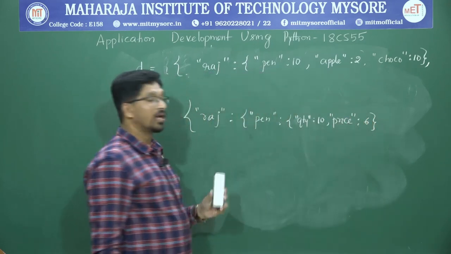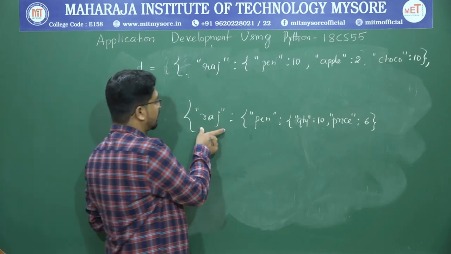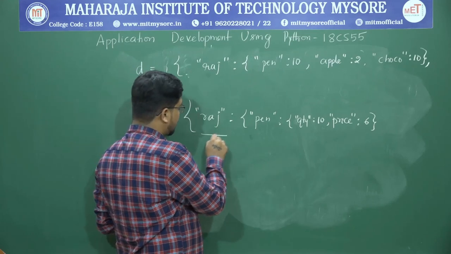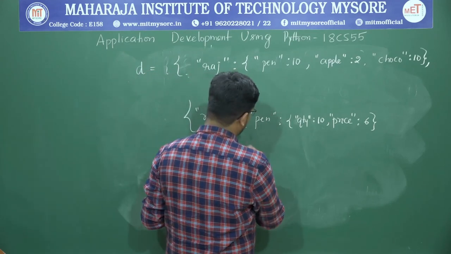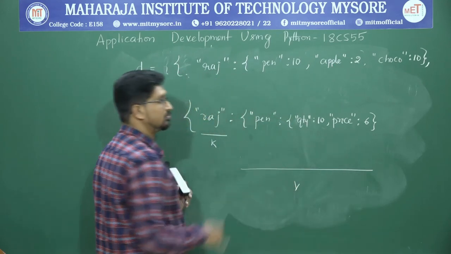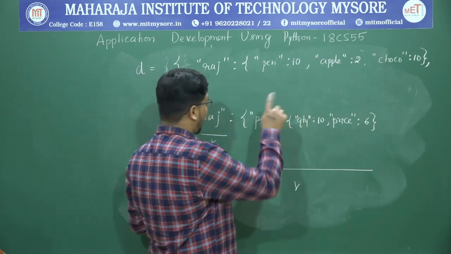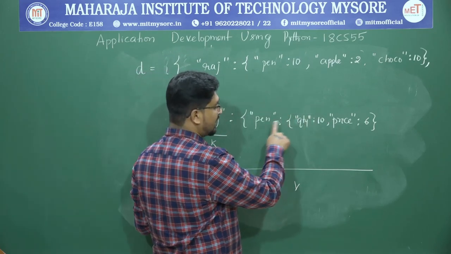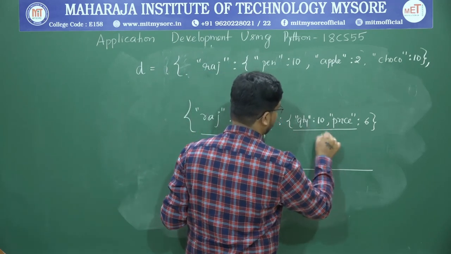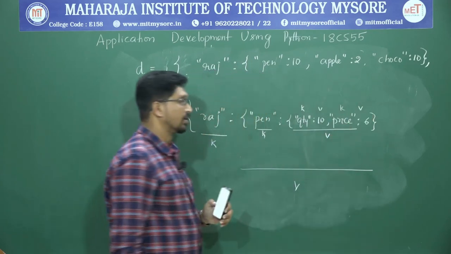This is how you can consider an advanced dictionary concept. This is the main key. This is the one key. This whole thing will be a value. For this key, this is the value. There are so many items like that. Apple. Okay. In that you again have a key. This is the small one more key. This is the value. Inside that again you have key and value, key and value.